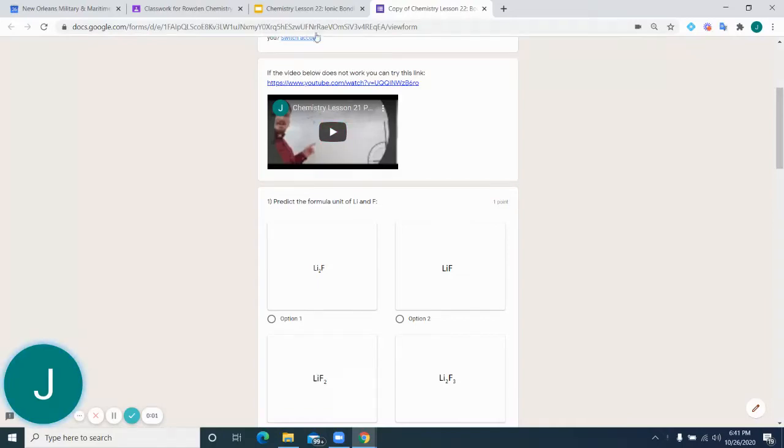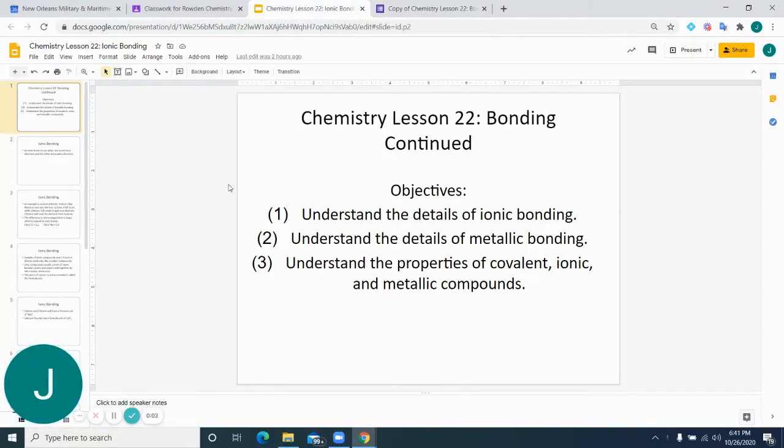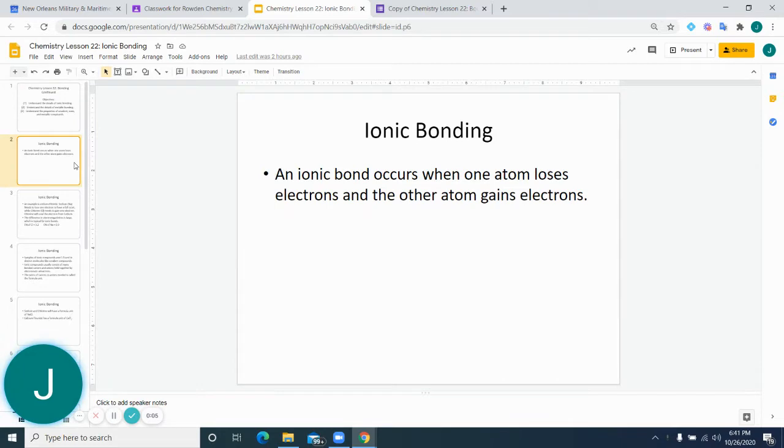All right, guys, we're going to look at lesson 22 now, which is just going to be continuing bonding. So the first type of bond we're going to look at here, we've done a lot on covalent bonds. That's where we drew the Lewis structures before the last test. And now we're going to look at an ionic bond, which happens when one atom loses electrons and the other